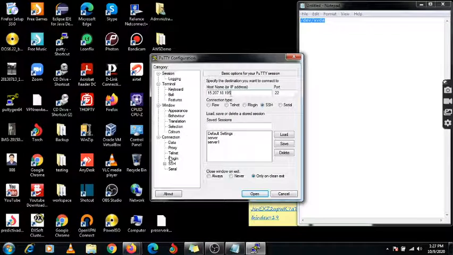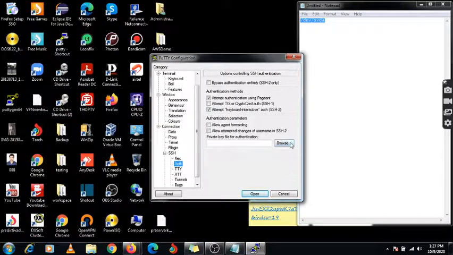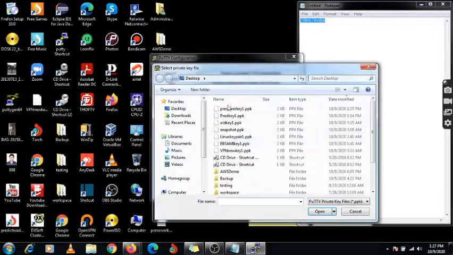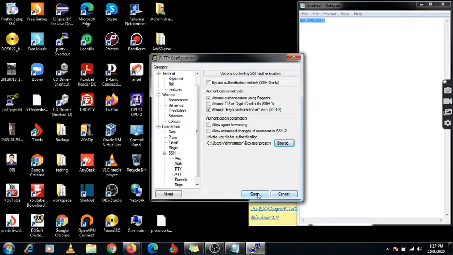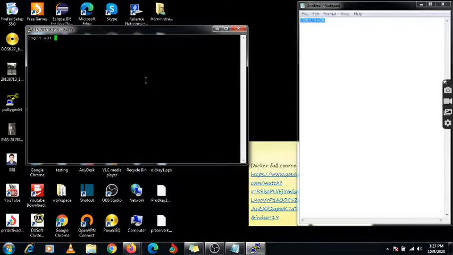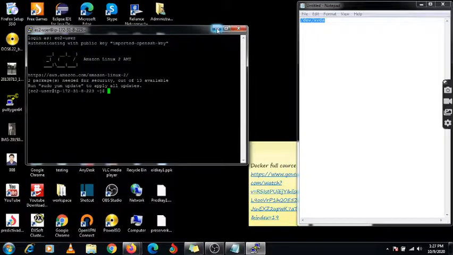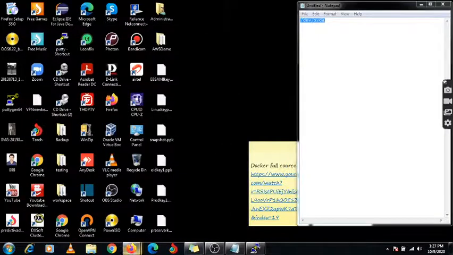You can open the PuTTY of your server, pre-server key, and just launch it. EC2, here ec2-user. So this is the user, this is the server I have created. Now I am going to